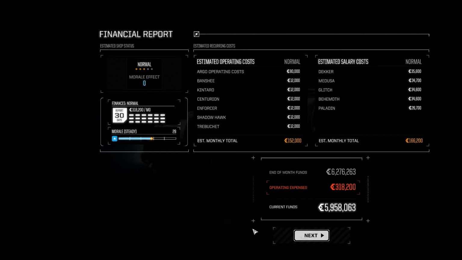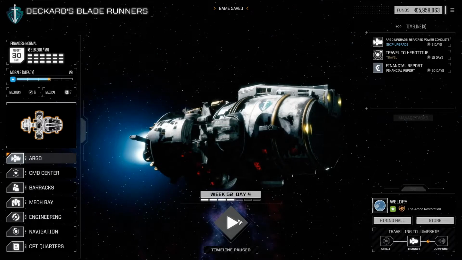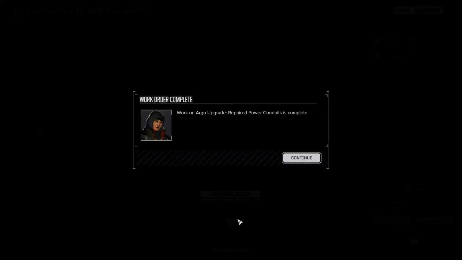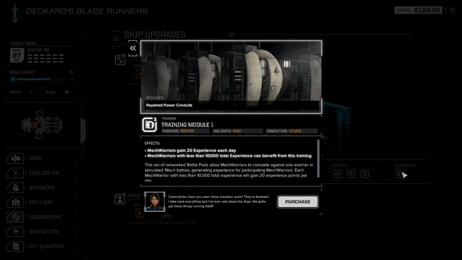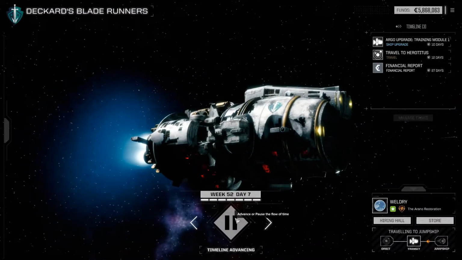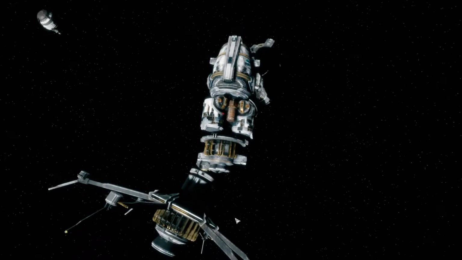I've got the financial report. We're doing all right financially because we came out of that fight with a little over $6 million, and now we're down to... Hey boss, we've just completed those upgrades. So now here comes one of your money sinks, this ship. First thing we're going to do is spend it on the training modules. $90,000, takes 10 days. But the cool thing is then your people start earning experience, and we'll end up with